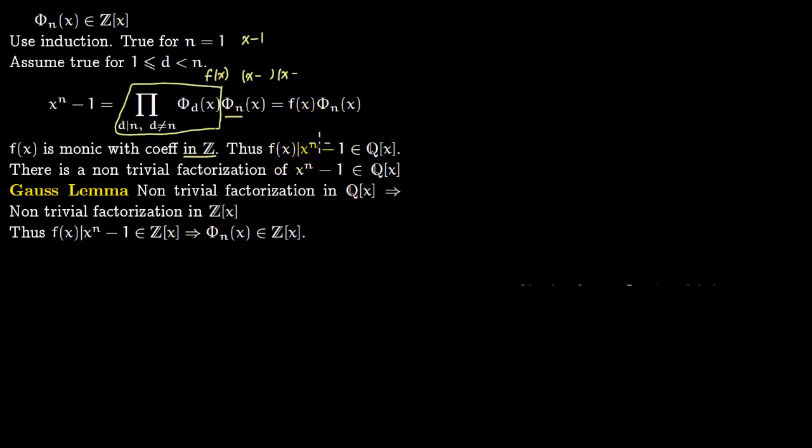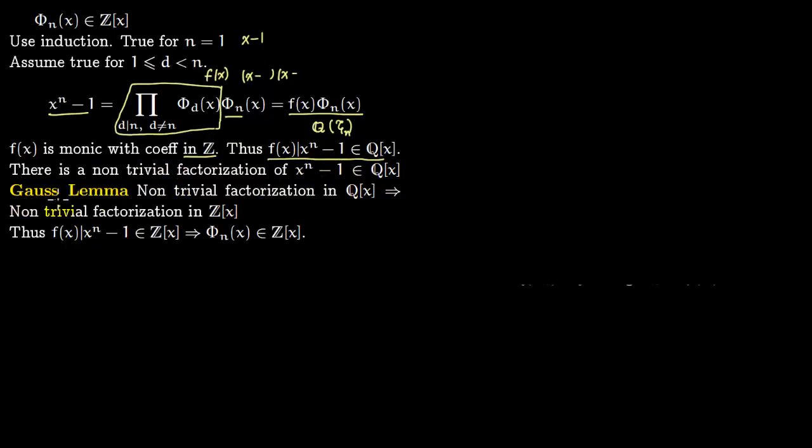So f of x divides x^n minus 1 over the rationals. Now you can see that it obviously divides over the rationals. You adjoin your primitive root of unity to it, it will obviously divide it. But this division algorithm is kind of unique, so it will carry over, or descend down, to the rationals also. So we see there is a non-trivial factorization of x^n minus 1 over the rationals. So this holds. This much is very clear just from this statement here.